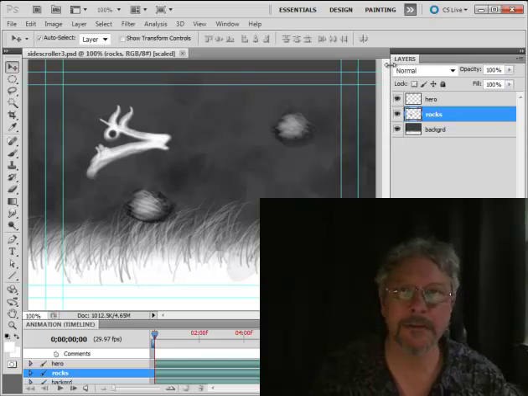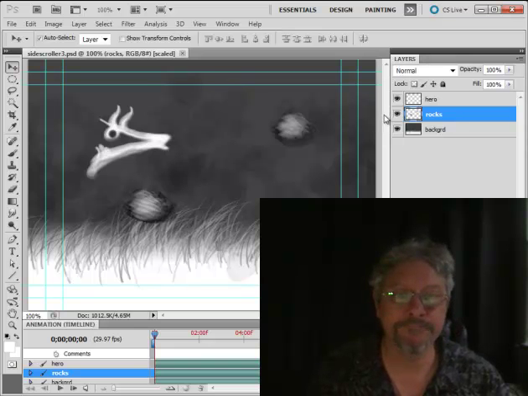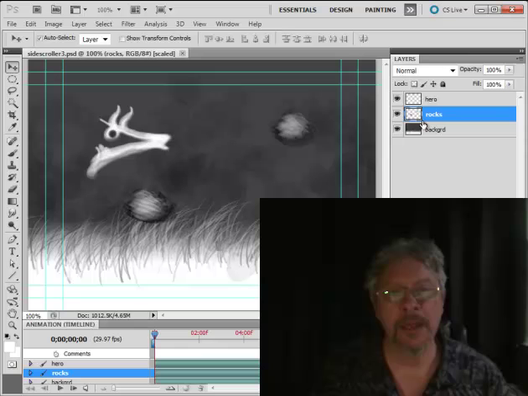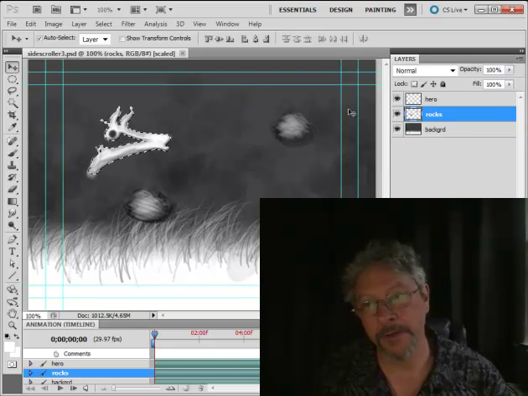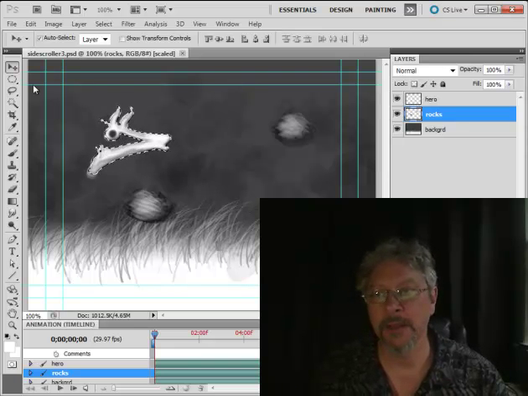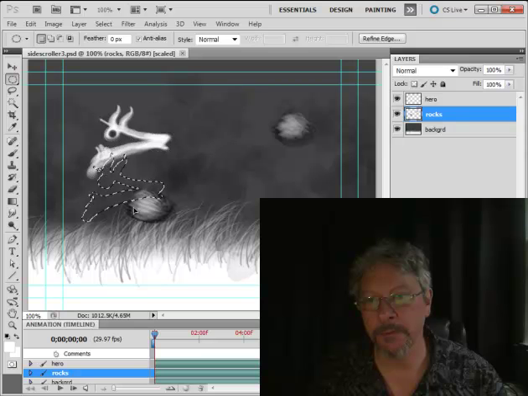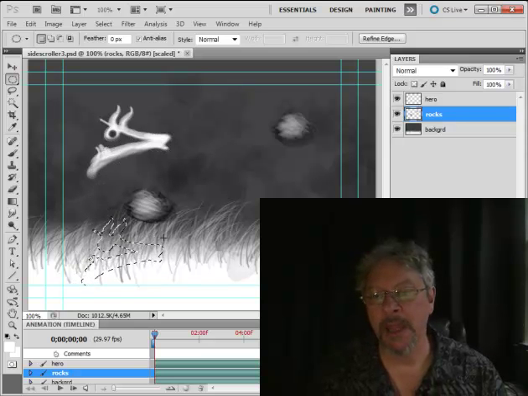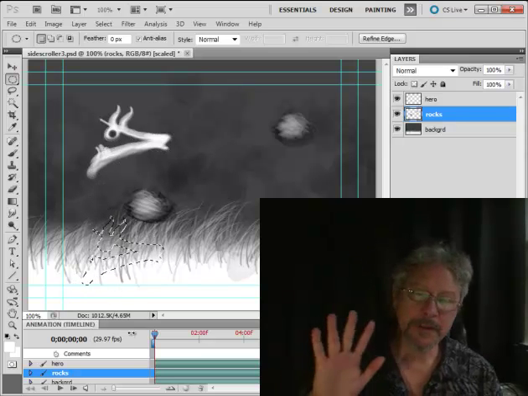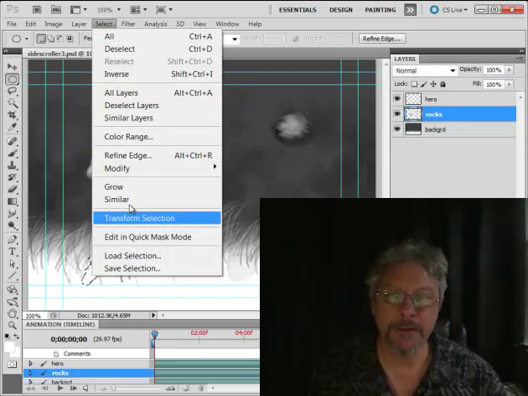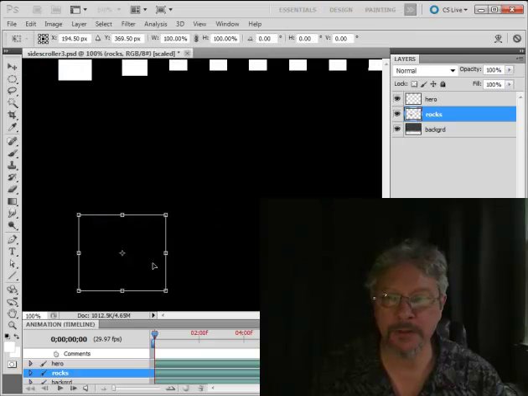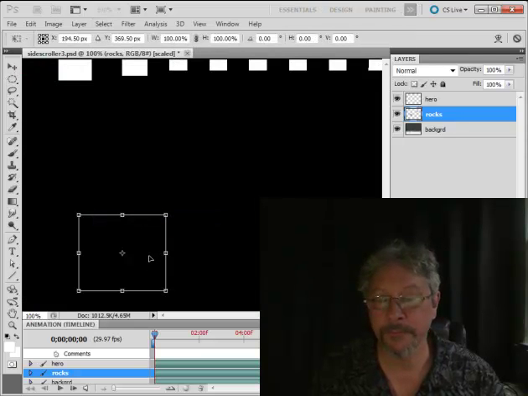I'll just create it more directly than that, I guess. It should have the shape of our hero, so I'm going to control click on the hero layer to create a selection. Then using a selection tool, I'm going to move it down here. And I want to manipulate it so it looks like it's a shadow lying on the ground. If I go to the selection menu and do a transform selection,